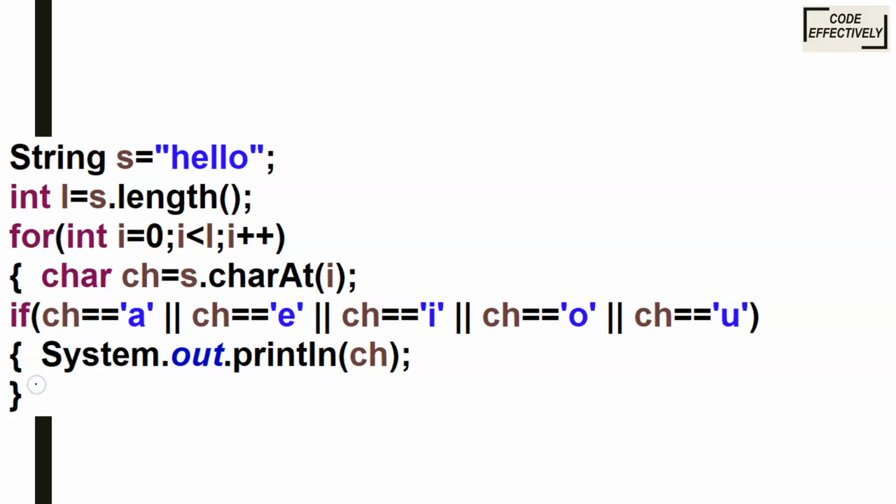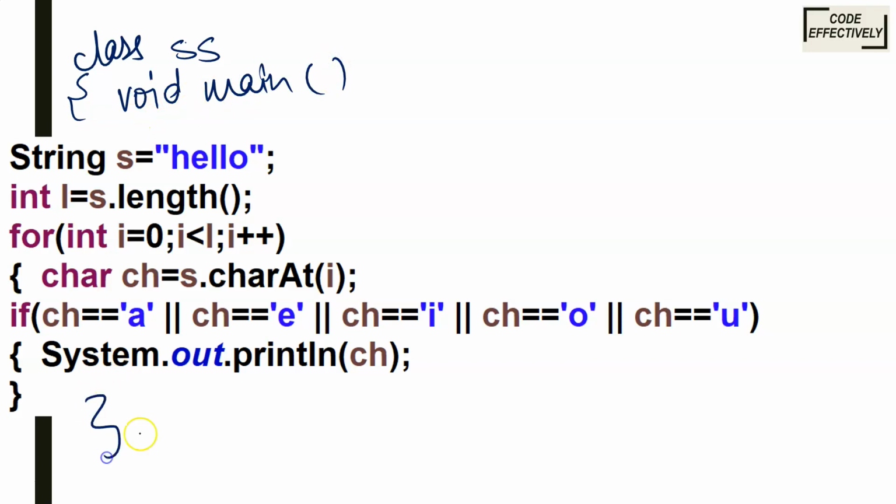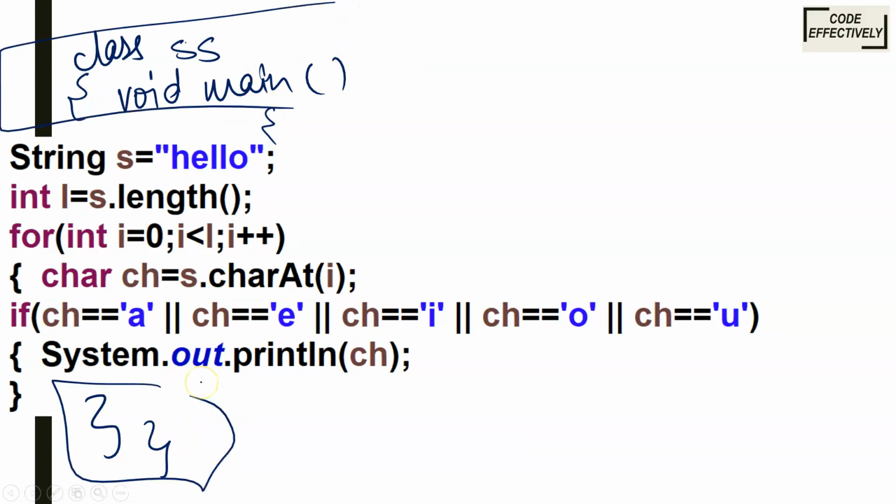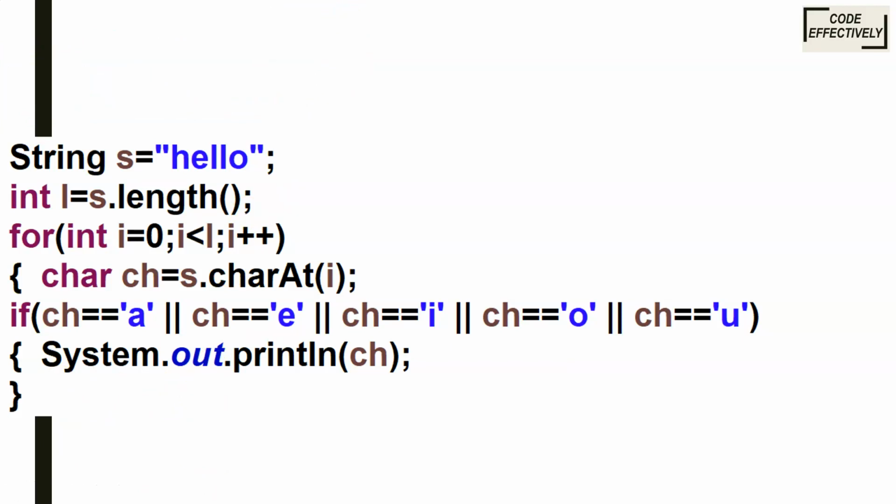So let's start. Basically, this is my entire source code that will help you to find the vowels in a string. All you have to do is write the class name, let's say class name ss, and you start with void main, and your program starts, and you put two braces down, and you will get no compile time error. This is the entire program. I have just removed the class line, the main line and the last two braces in order to get a wider view of the snap of the code.